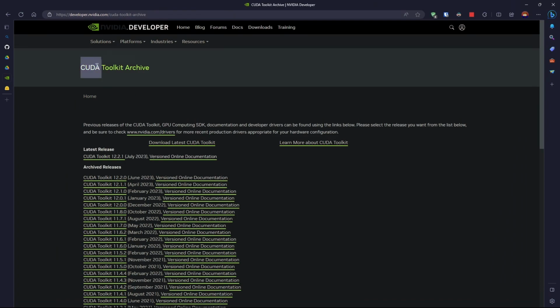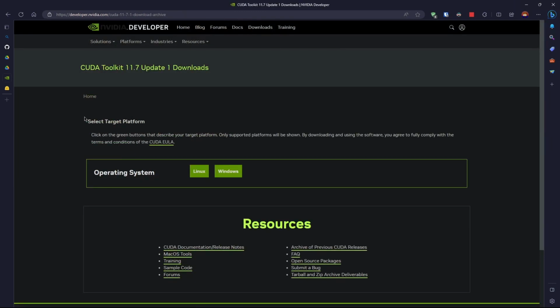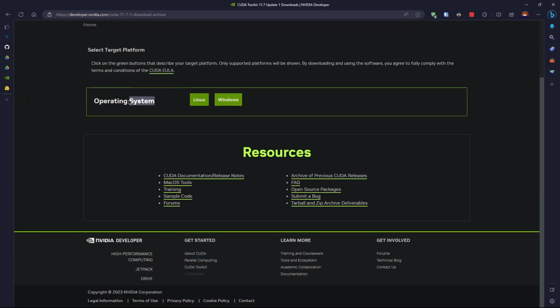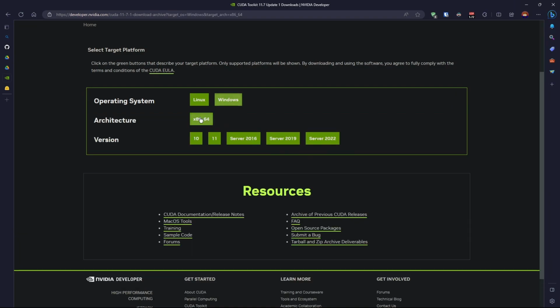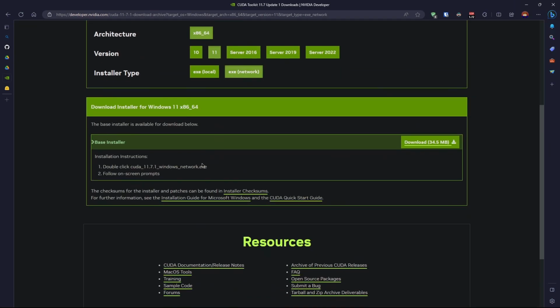And we're gonna go to the toolkit archive. Here you find this specifically 11.7.1. So click that, and we shall arrive at this page. So we're gonna click an operating system. Obviously go with Windows. Go to x86. I have Windows 11, so I'm gonna click this, and then install this with the network version. So just download this